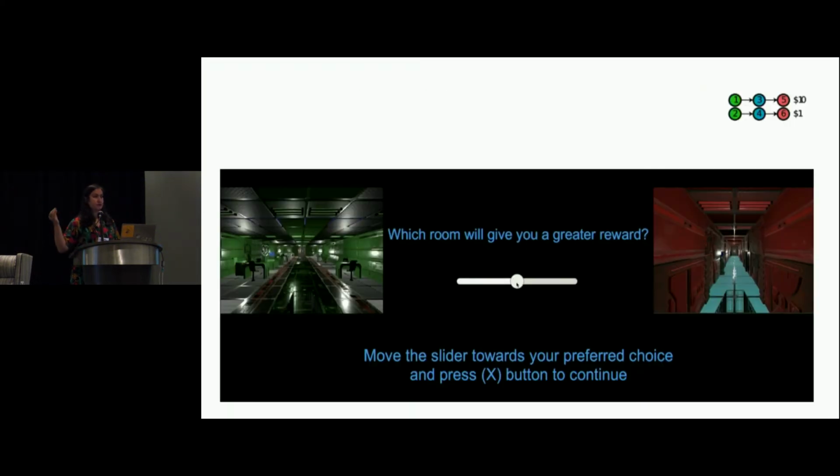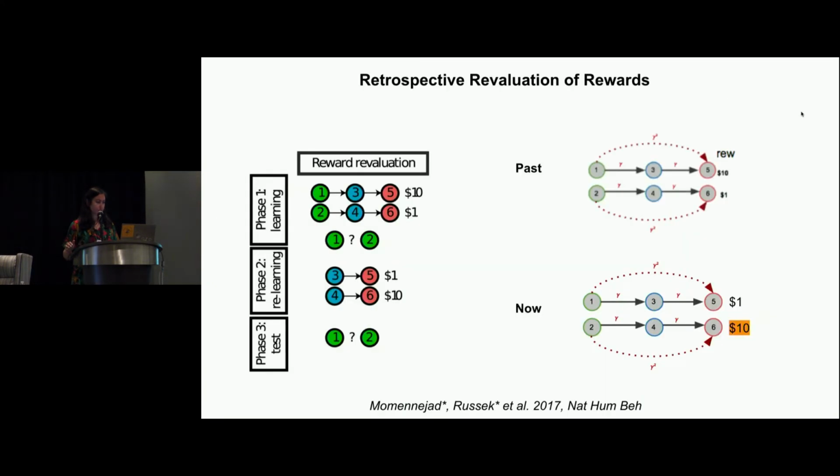Now, afterwards, you're asked, which of the rooms do you think would give you a bigger reward? For instance, if you got 10 at the end of the corridors in one case, and then starting from state 2, you got $1, you should prefer 1. We designed 2 experiments behaviorally first to test which one of these models that I mentioned, model-free, model-based, SR, and dinosaur, produce human-like behavior. The first approach was you learned all of that. I asked you, do you prefer 1 or 2? And you said 1, and I was like, good, you got it.